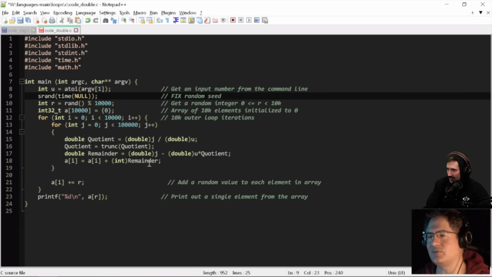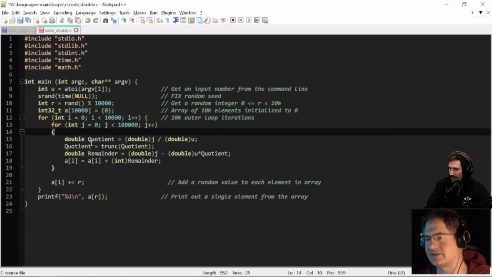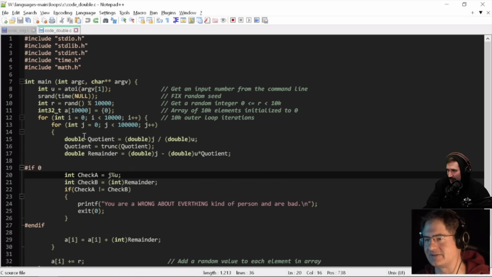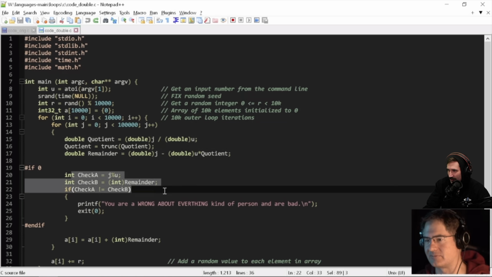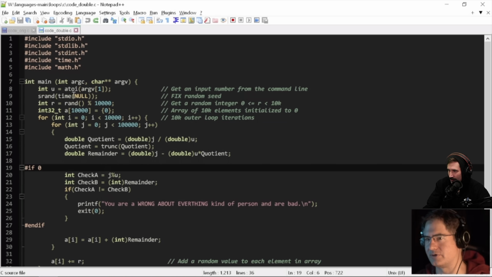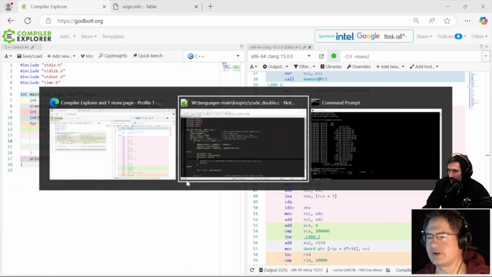So suppose someone wanted to make C look really good on this benchmark. You resubmit this code and put in some cheeky comment like, C doesn't support proper modulus, so I'm just trying to make this more accurate. Some dodgy comment to sneak it through. By the way, I have a check in here which we can run if anyone doesn't believe me. This computes exactly the same thing, and no matter what you put in, you will get the correct answers. So if we were to run this code now,